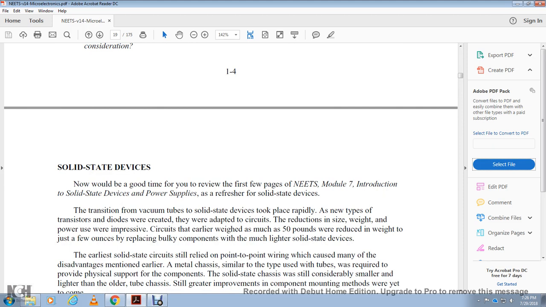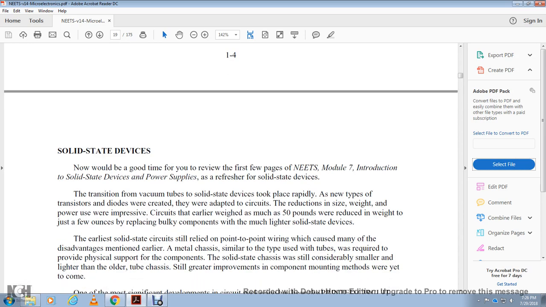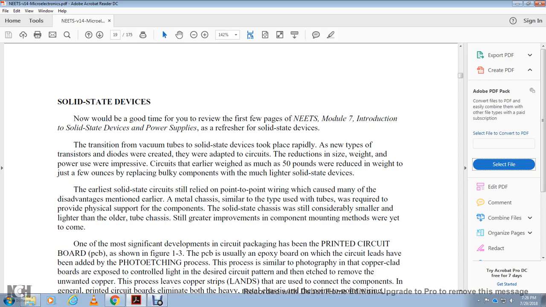The circuit weight of the early tube equipment was about 50 pounds; with the reduced weight, it is just a few ounces, replacing faulty components such as the lighter solid state devices. Early solid state devices relied on point-to-point wiring, which caused many of the disadvantages mentioned earlier. A metal chassis, similar to the type used for tubes, was required for the physical support of the components,